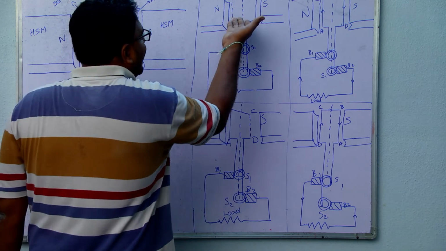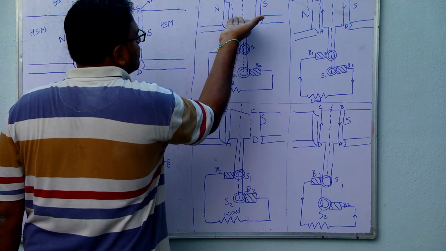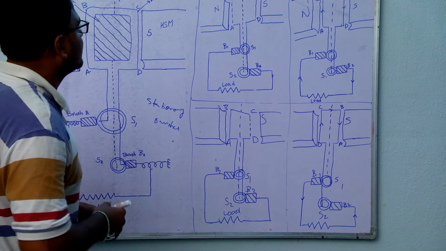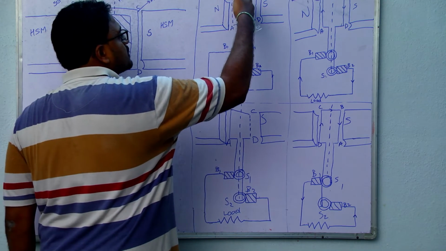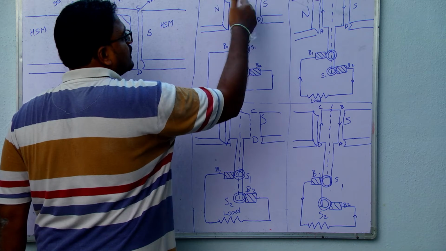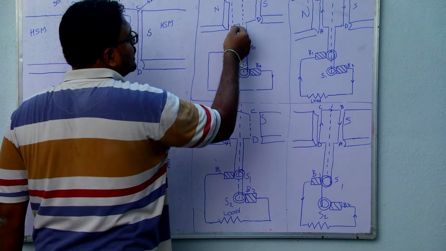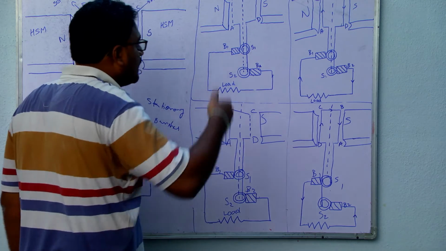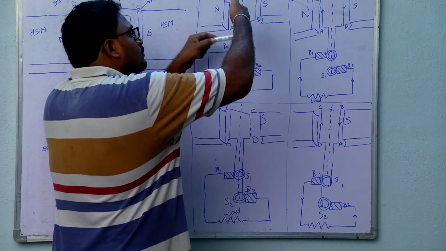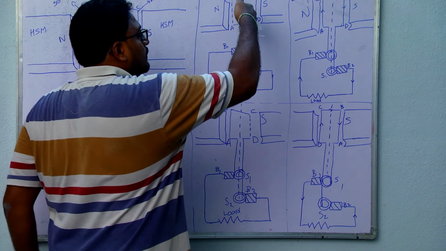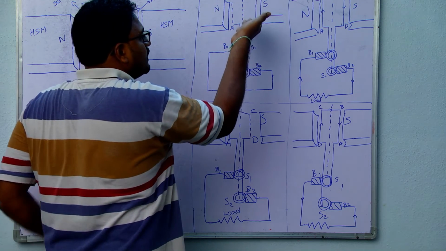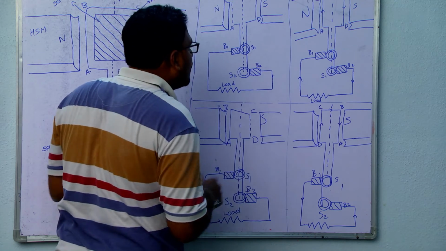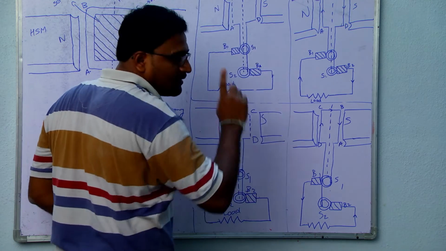Now at this position there is a maximum EMF, and what is the direction of current here? How to get the direction of current in this position? This is rotating like this, which means AB is moving upwards and CD is going downwards. By rotating in the clockwise direction like this, AB is coming upwards and CD is going downwards. So the movement of AB is upwards.